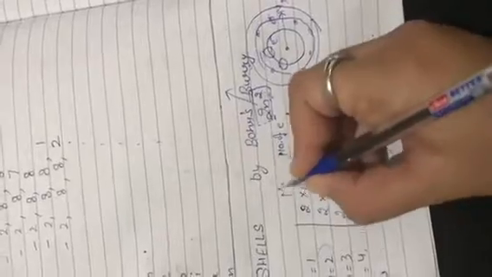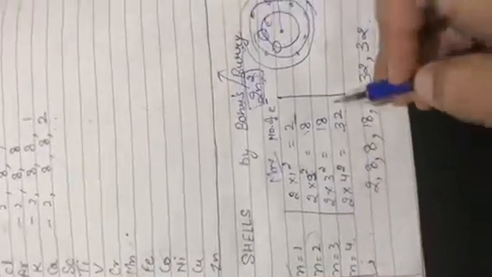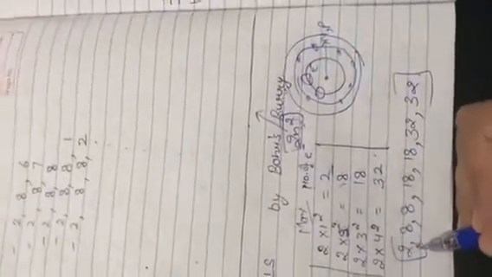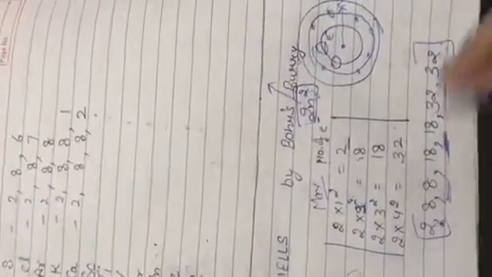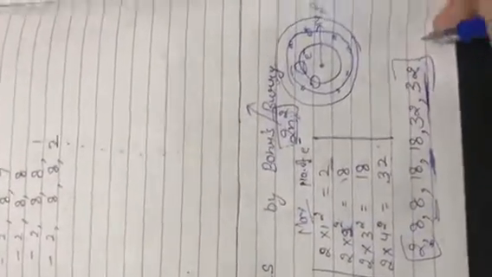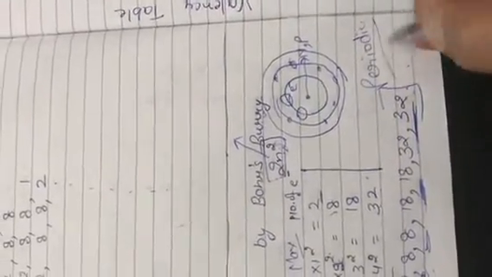So these are the maximum number of electrons for each shell: K, L, M, N. So what about this thing? Actually, I wrote 2, 8, 18, 18, 32, 32, this pattern. But the actual pattern was 2, 8, 18 and 32. So what is this? It is just because of the periodic table and the number of periods.